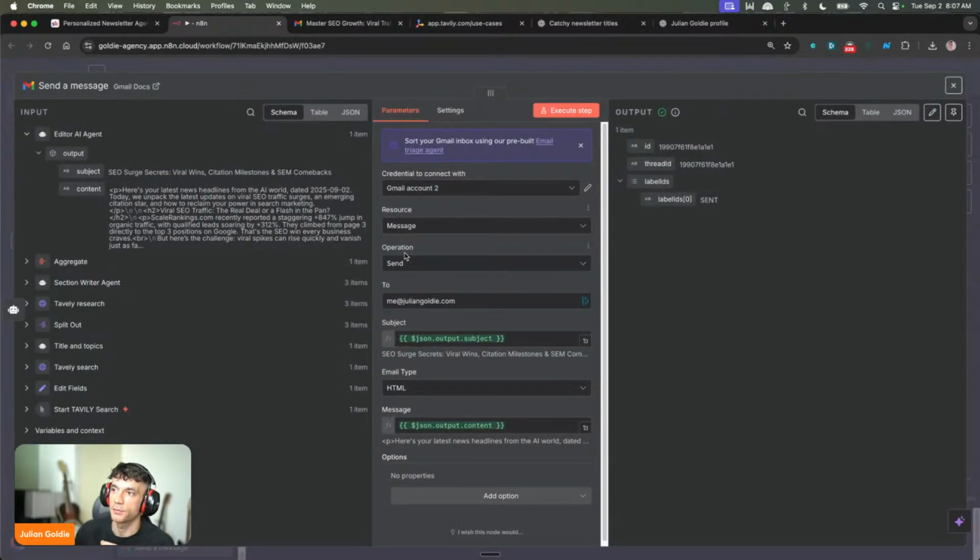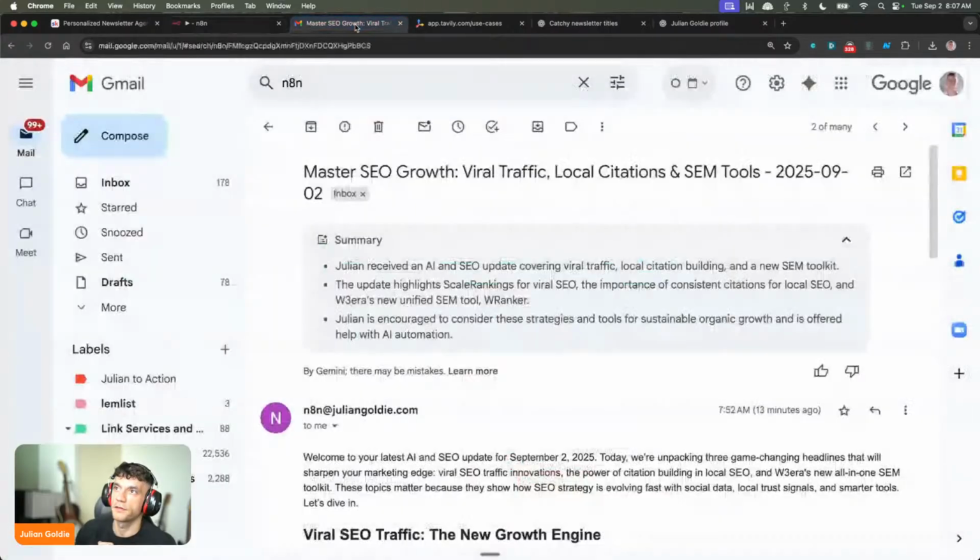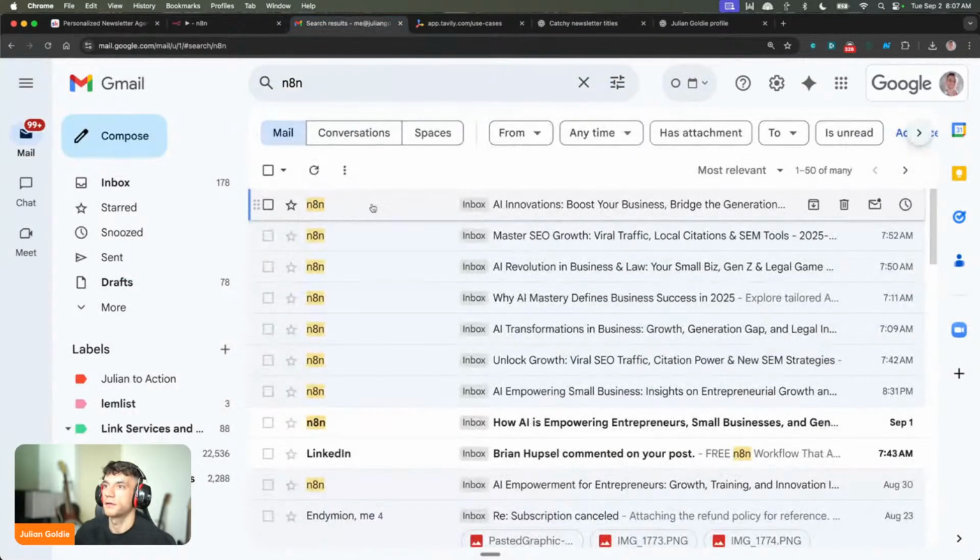Message, send as the operation. 2 is the email address. Subject line is the JSON output from the subject. And then the content itself is the message, right? So you take that content, you drag it in over there. Boom. So if we go over to n8n now,